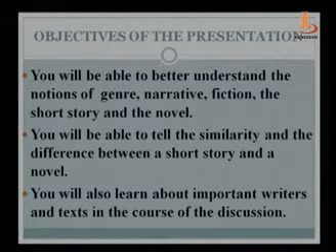And so today, as we'll be discussing, the students will come to know more about what a short story is. They'll come to know what a novel is. They'll again come to know as to what are the characteristics that define and distinguish these two literary genres. And at the same time, they'll also know about various writers and the works that have contributed to the development of both these forms.